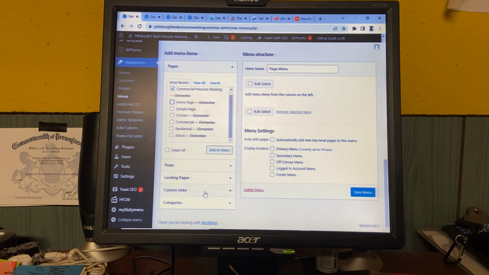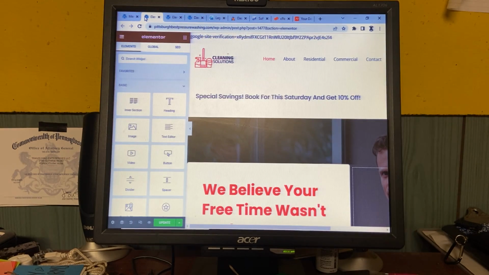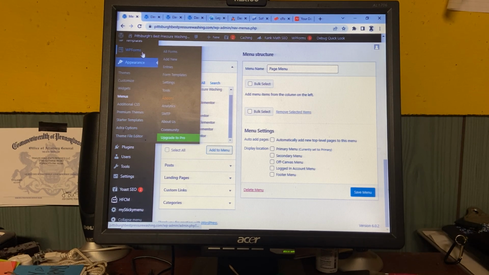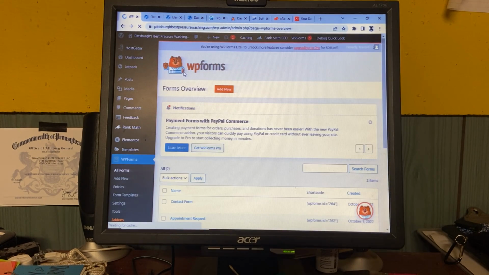You know what? I'm going to mess with that later, actually, because I might make another page out of that. But, oh, real quick before I forget. Once you download that template, you're going to have some forms on it. You're going to want to come to Forms, All Forms. This is in your dashboard.